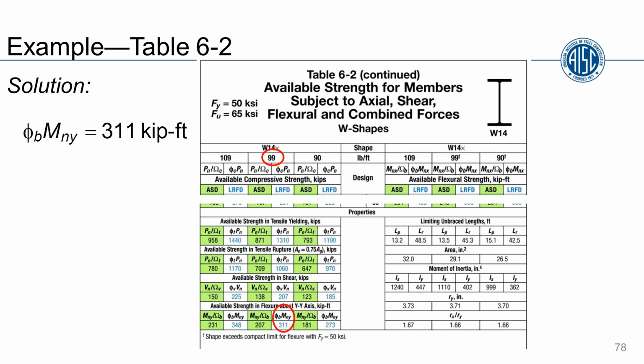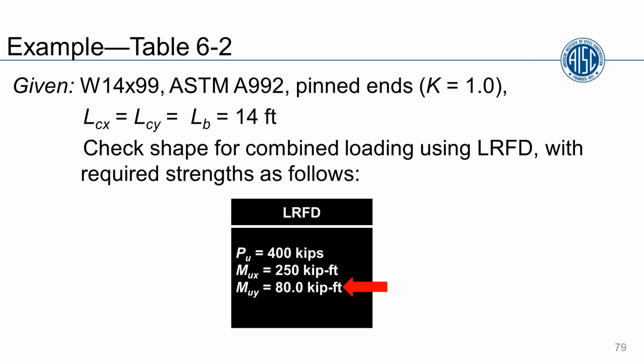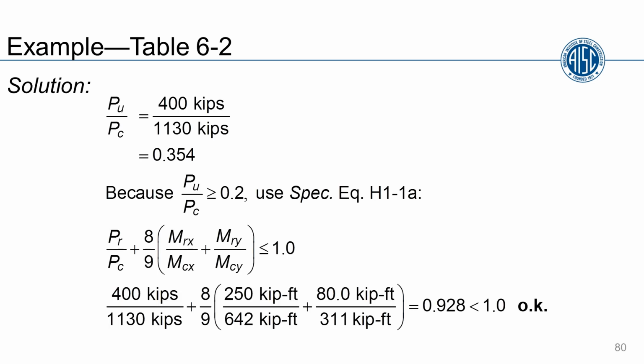Continuing on in the same table, you look at the weak axis bending capacity, and you're going to see that's good for 311 kip-feet. Going back to our design requirements, we only required 80 kip-feet, so that is acceptable in that case. Taking that information and going into the solution, we take the actual